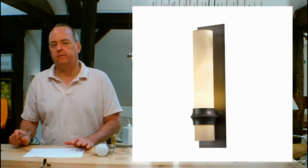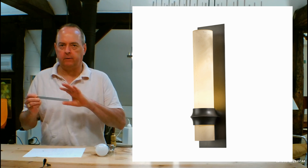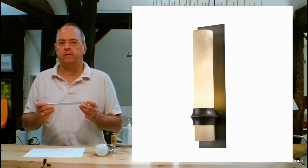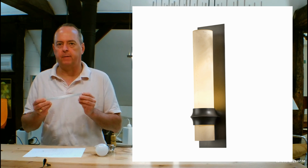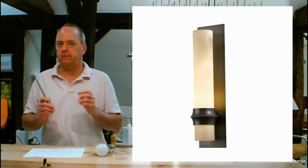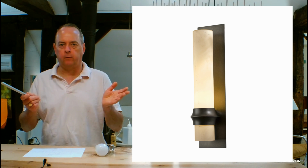If you're familiar with Hubbardton Forge, all of their outdoor lighting is manufactured using aircraft grade aluminum. The reason they use aluminum is because aluminum holds up better than any other material outside. Better than steel, better than anything else. It doesn't rust. And when you go to any airport in the world, you're going to see all